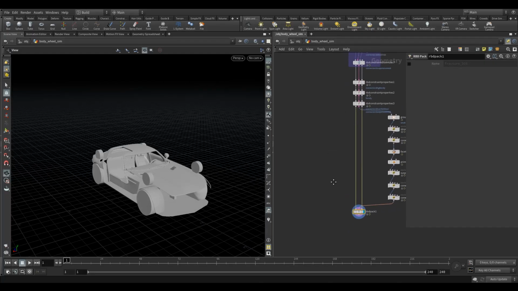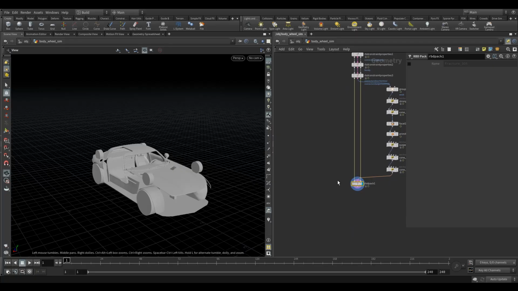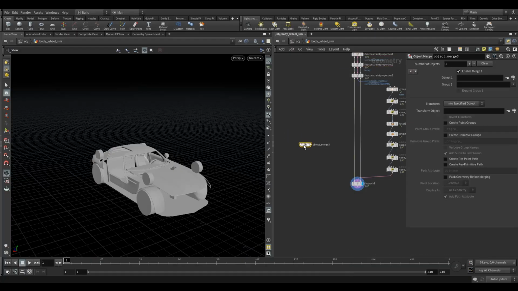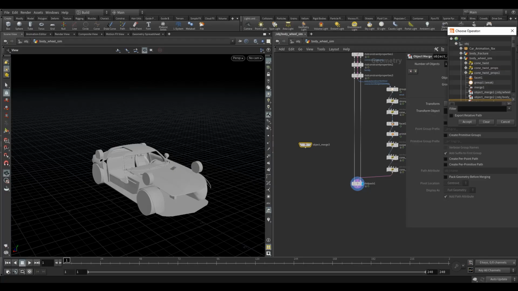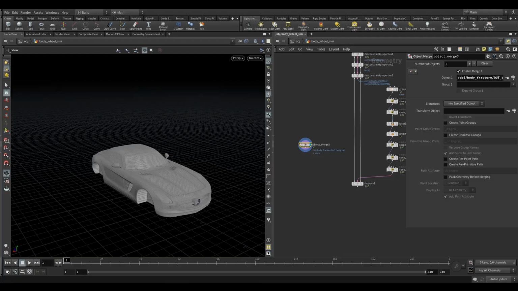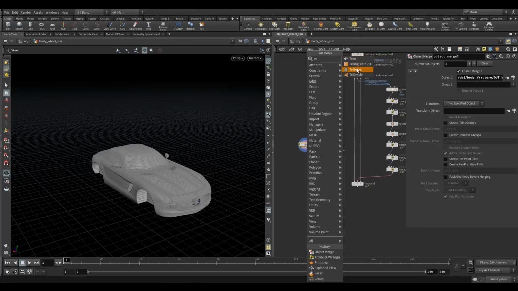Okay, so to bring that back, I'm just going to use that original geometry to basically point deform this into the correct position. So if we go to body fracture, out body with animation. Okay, the whole thing. Grab that, which is just the body, but the wheels should follow along fine. And what I'll do, I need the